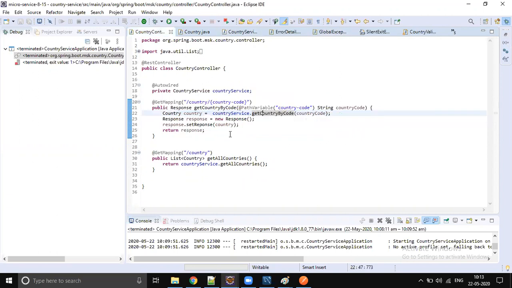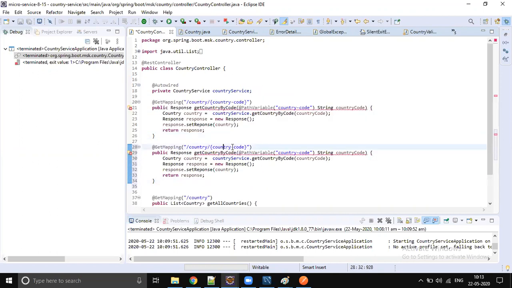So with this, we are done with implementing two methods: get country by code, and one more method you can write, right? So get country by region. You pass the region and call